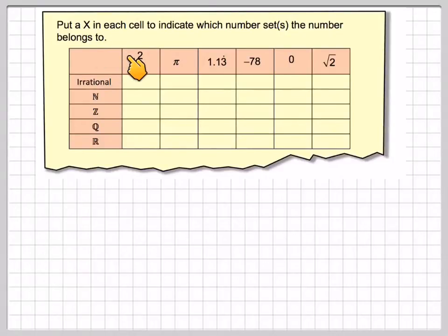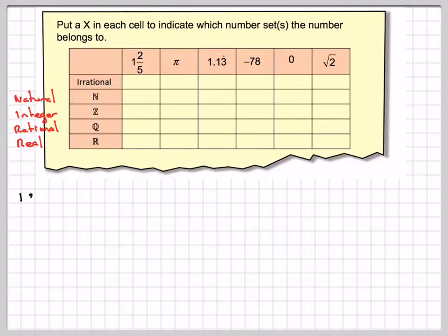Put an X in each cell to indicate which number of sets the number belongs to. So we've got 1 2/5, pi, 1.13 recurring, minus 78, 0 and root 2. Remember that these stand for natural numbers, these stand for integers, these stand for rational numbers, and these stand for